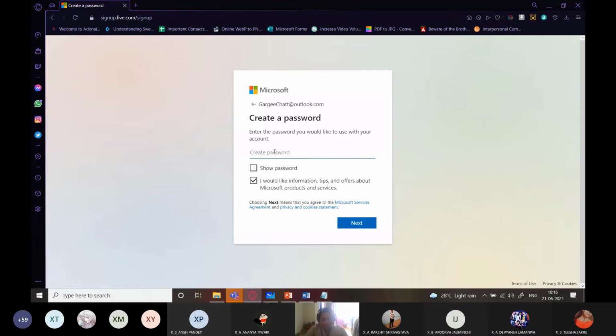So I'm just creating a simple password here. Word 2016. I've simply created a password. You can see it here. It's a dummy password, Word 2016, and click on next.